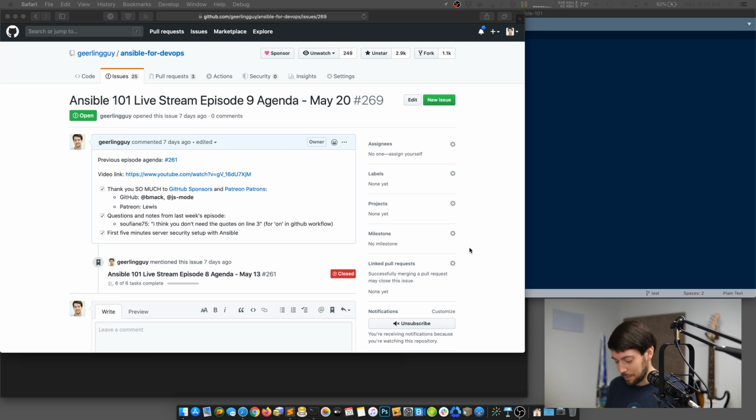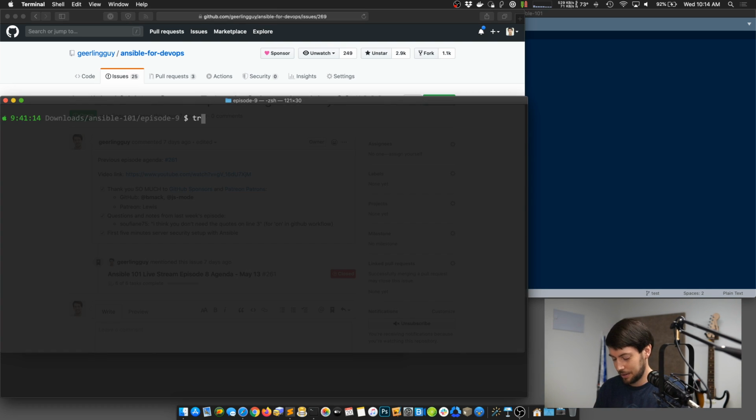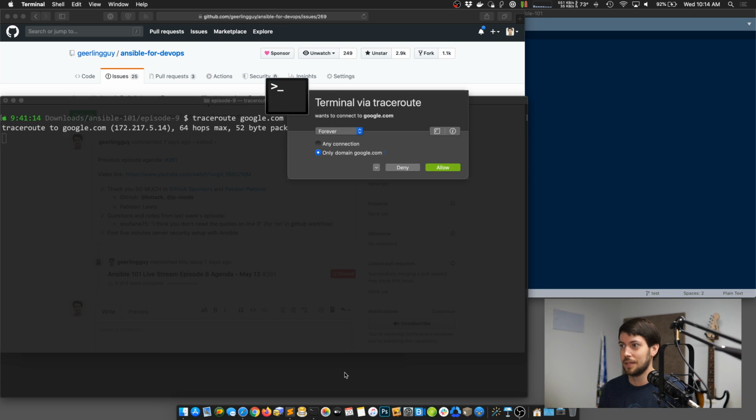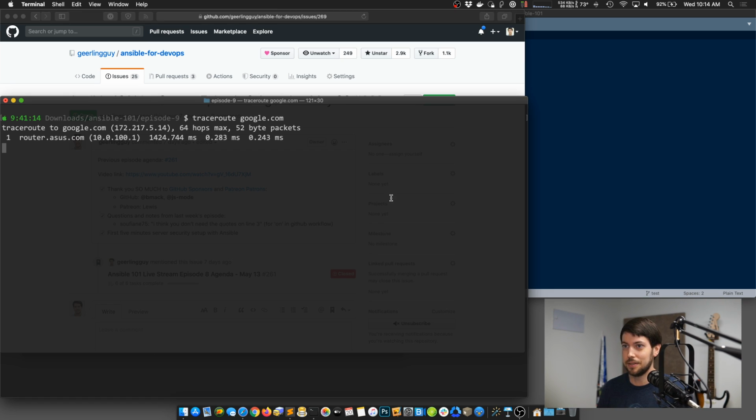And I put in the book something that's kind of illustrative of why this is important: to lock things down if they're not encrypted, or to try to get them encrypted. If you run traceroute google.com from your computer, which I can do here, traceroute google.com, you can see that